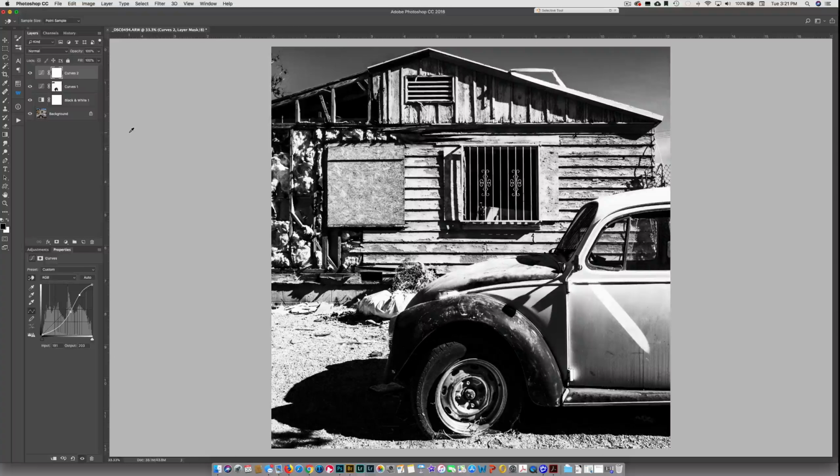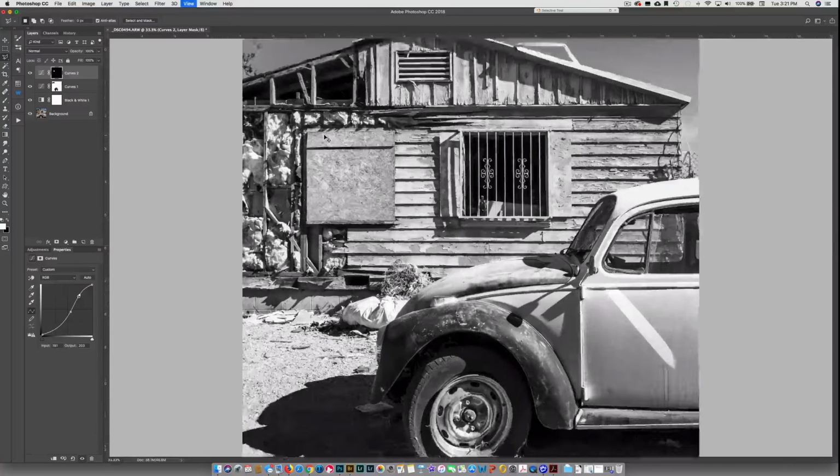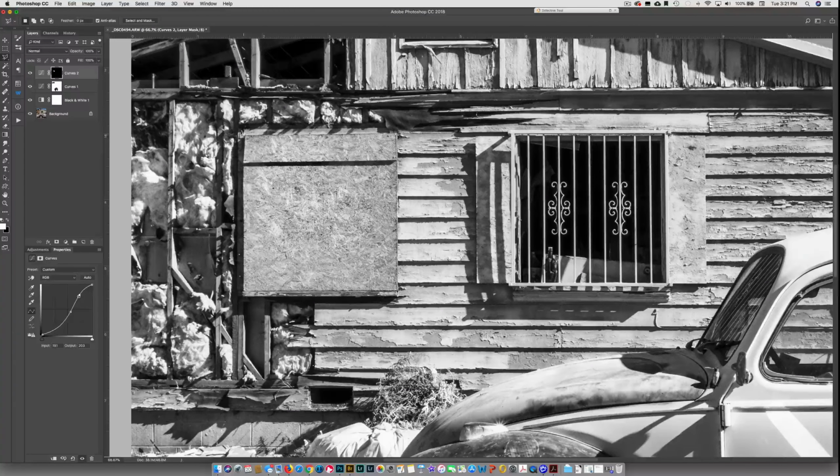So before we just painted on the white because we wanted to affect the whole, this time I'm just going to invert that layer mask. I'm going to grab the paintbrush and I'm going to paint with white this time and try to bring out a little bit more contrast in there. If I want this to go a little bit faster, I think I'm just going to grab the polygonal lasso tool and make a selection here